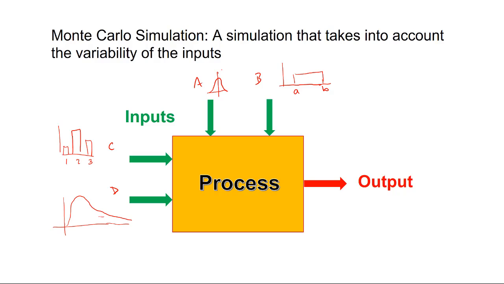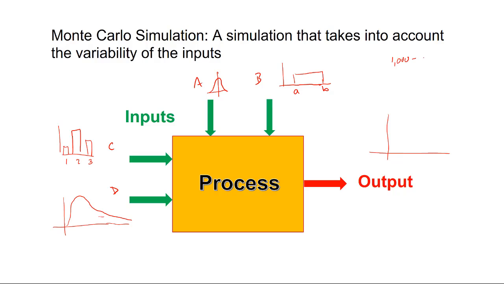This is normally described by some sort of mathematical process. You've got all sorts of relationships between the different variables, and the output then is really what you're interested in. A Monte Carlo simulation looks at combining the variability of all the inputs to get a distribution of the outputs. So you're not just simulating it once. You're not just choosing an A, a B, a C, and a D, but what you're doing is you're looking at maybe